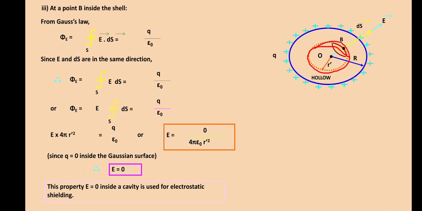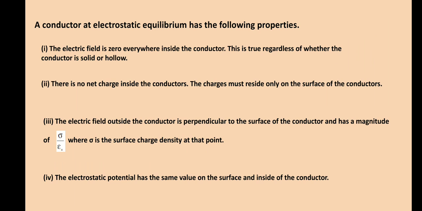So what is electrostatic shielding? In order to understand electrostatic shielding, we must first know the relation between the electric field and the distance r, drawn in a graph. It shows that as the distance r increases, the electric field intensity decreases. At a point r, that is on the surface, the electric field intensity will be maximum. Then before understanding the electrostatic shielding, we must understand the electrostatic behavior of the conductor, or conductor properties. So a conductor at electrostatic equilibrium has certain properties.